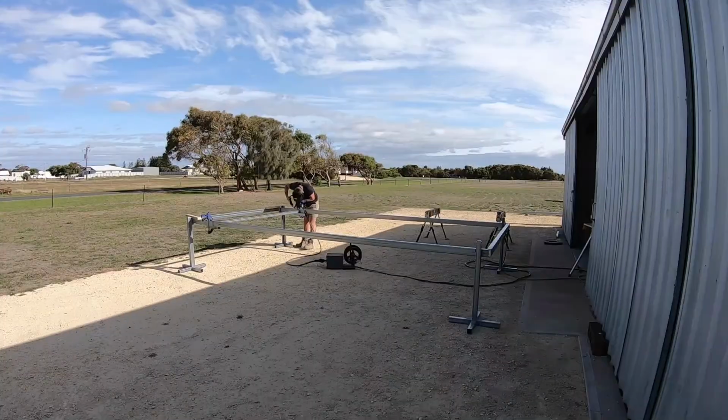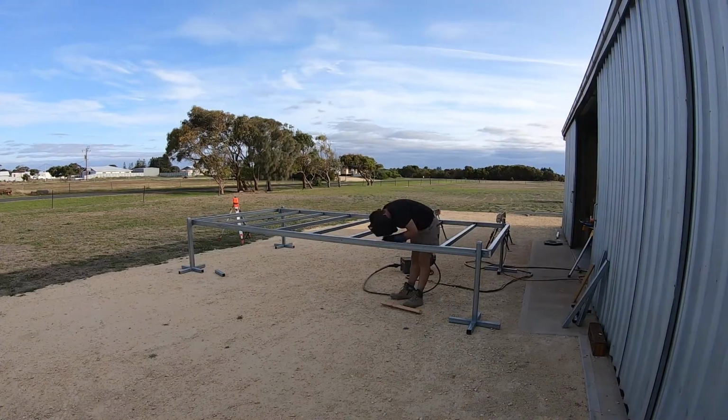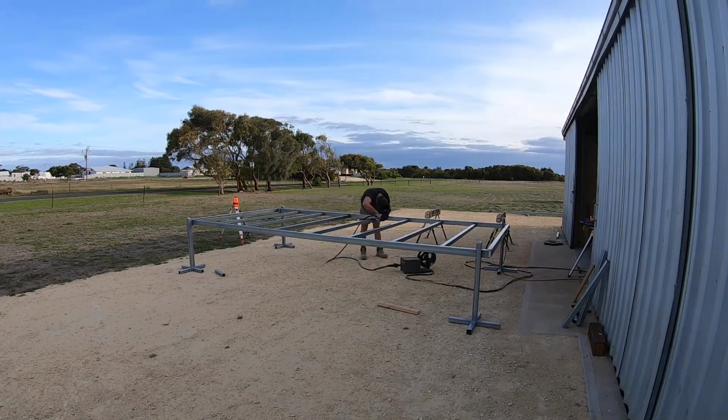I squared it all up and then tacked them in place. I set my rails at 600 centres. I used a piece of timber and bar clamps to set even spacings as I worked along the trailer. Once I had them tacked in place, I checked the deck was still square and level before I welded it